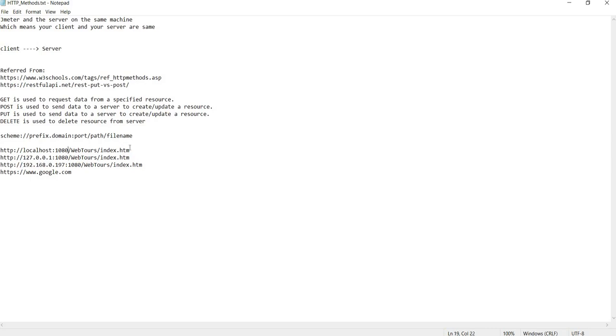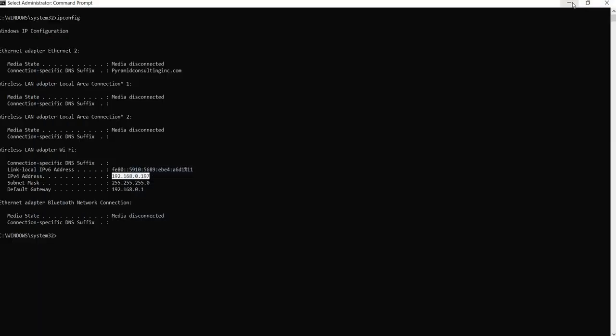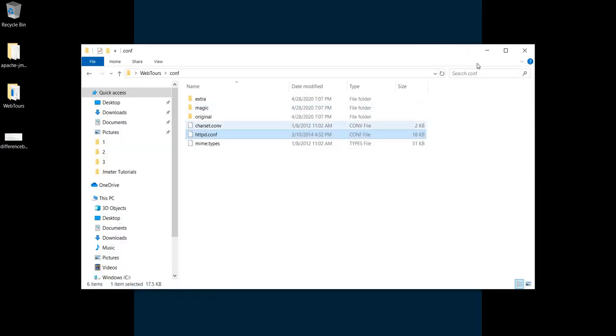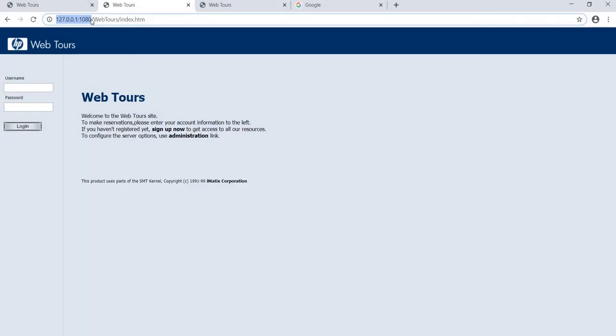Now we will go ahead and discuss these things. So this is the path. Till here we have reached the system. It means till here we have reached our system. We are on this system, that is the server. As we have the client and server both on the same machine, we can say that we have reached this system till this point.